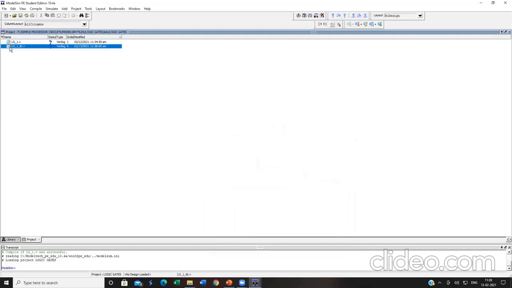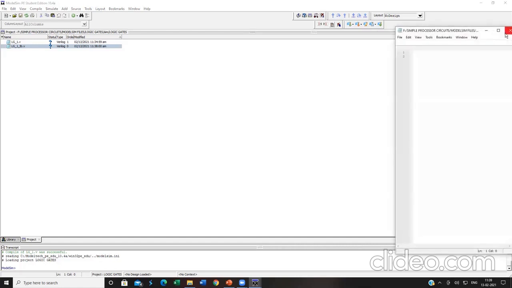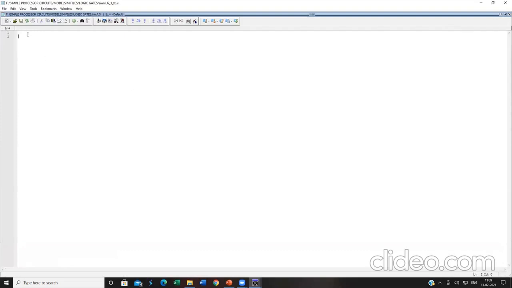Now go to lg_1.tb, right click it, click on the edit option. So here it will again come like this. Sometimes it will not come in the editor, which we have already seen during the development of RTL. At this point of time, you have to click on this dock undock button over here. Click on this. Now it will come like this. If you double click this now, it will get maximized.